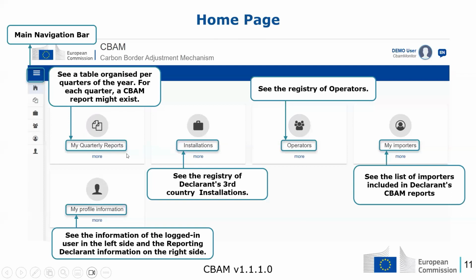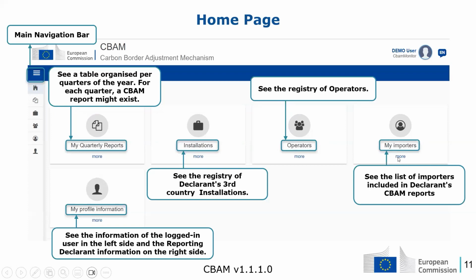The first one is named My Quarterly Reports, and if we click on this, we will see a table organized per quarters of the year. For each quarter, a CBAM report might exist. Then we have the installations and operators menu items, where you can edit and create your registry of installations, the installations with which you work often, and also their operators.